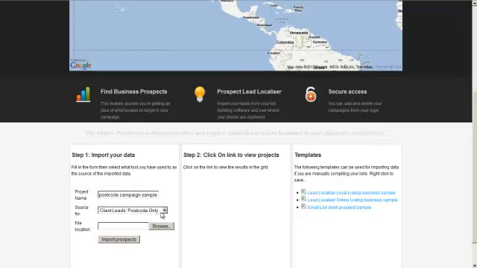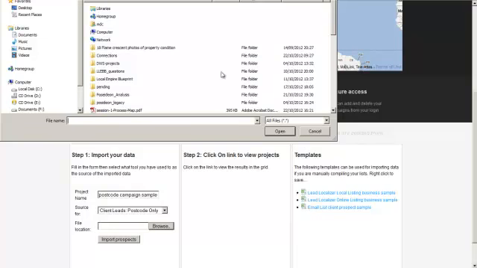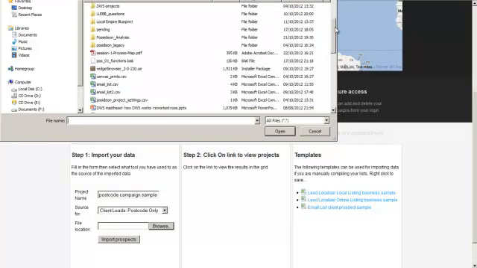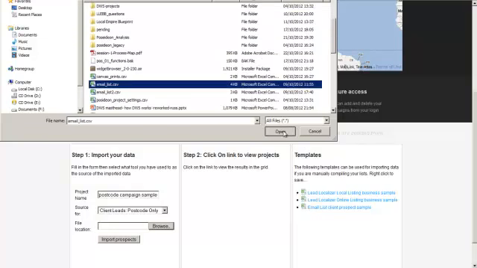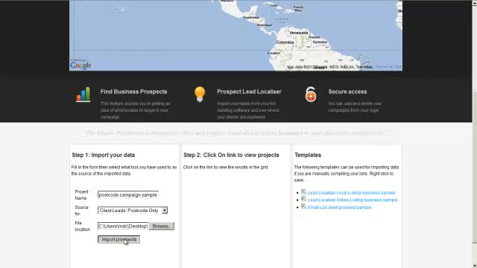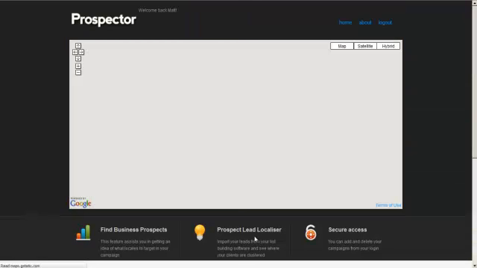I'm just going to use the client leads. These are actual clients that have come in, and I'm going to point to my file which has all the data. Then I'm going to open it up and I'm going to press import. Okay, now what happens is when the page reloads, we're going to get the map again and it'll start mapping